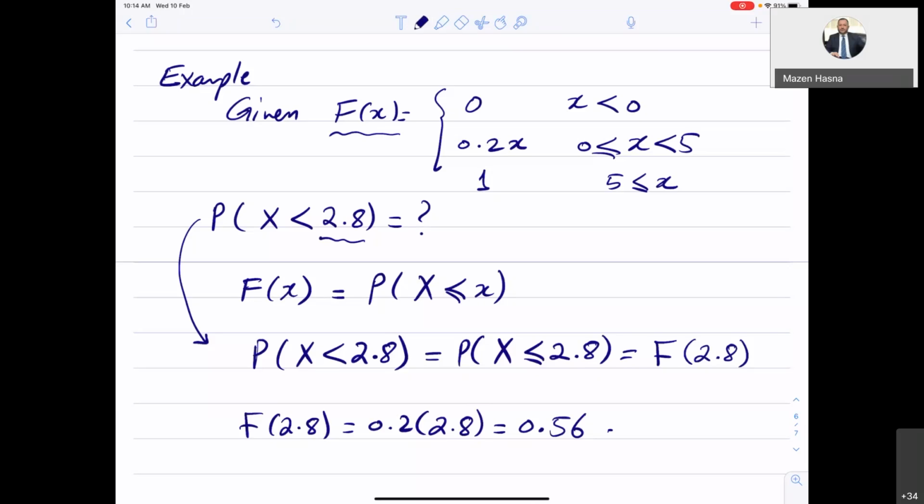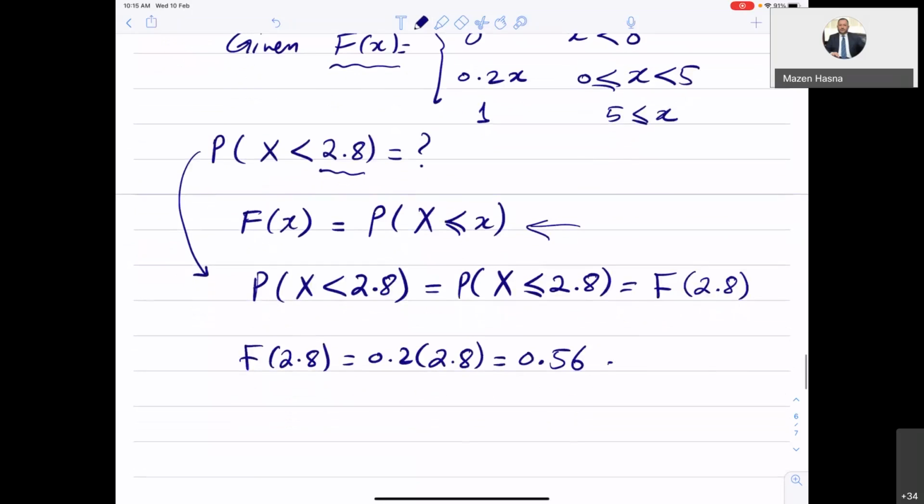Is it clear to everyone? Doctor, if I have small f of x, I integrate between two limits. But if I have capital F, I just substitute directly. Yes, based on the question, of course. If I'm asking you to find the probability of x less than or equal to a certain value, this is the role of capital F of x. It gives you the probability of x less than or equal to a certain value. But if I ask you the probability of x greater than 1.5, what do you do?